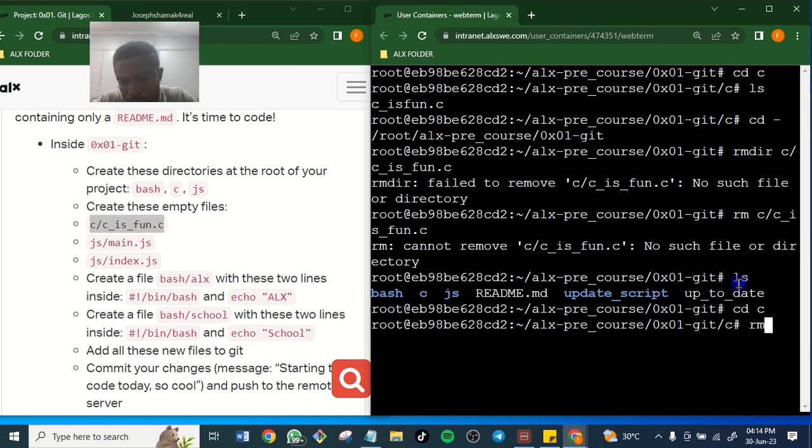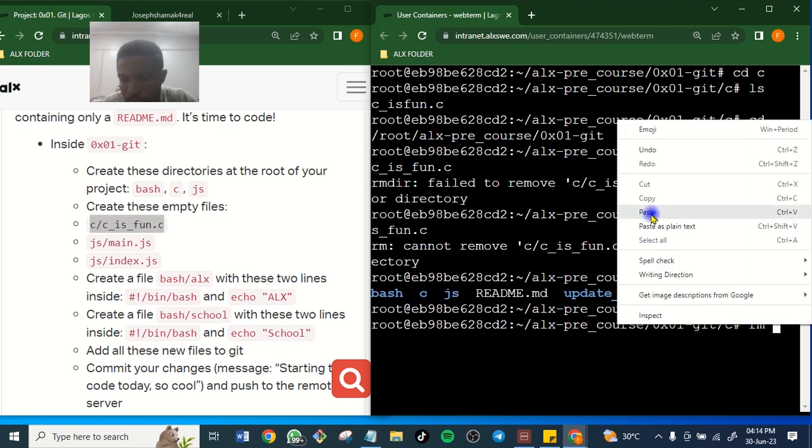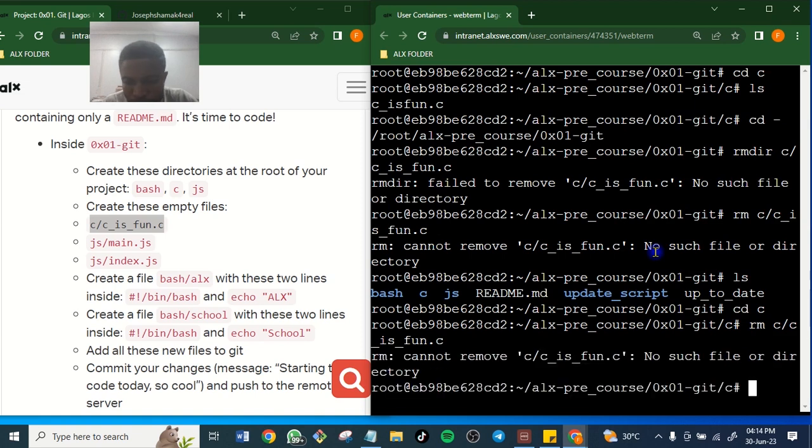Move. See, no such file. Okay, let me make it clear.